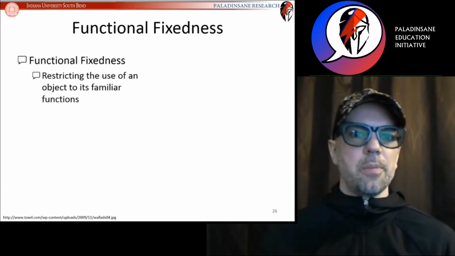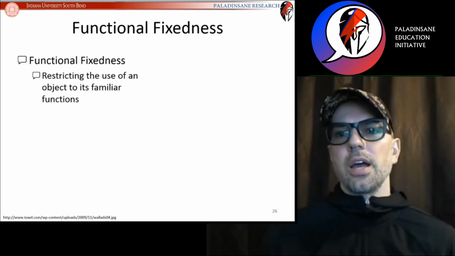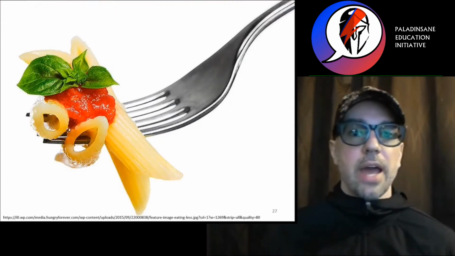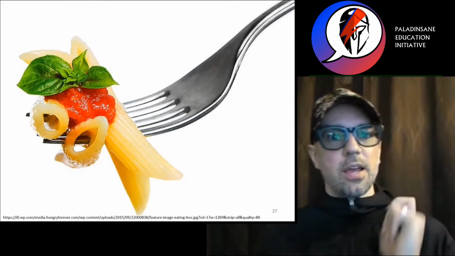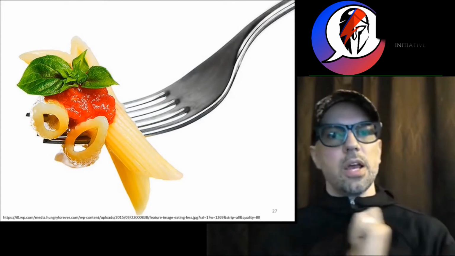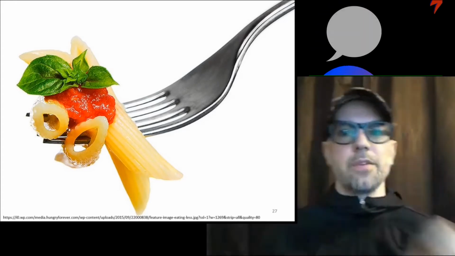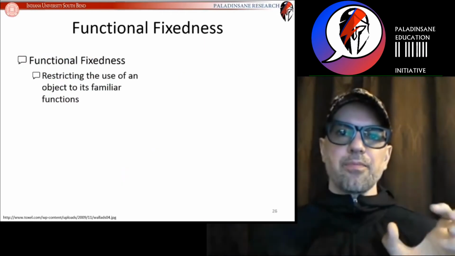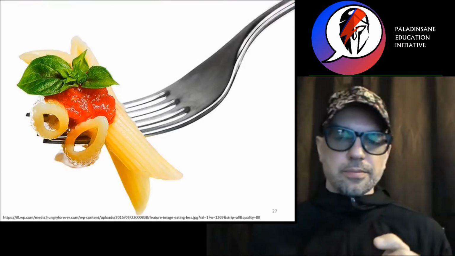So for example, the use of a fork is typically to eat food, right? That is functional fixedness. What do you use a fork for? You use it to eat food. What is a fork good for? It's good for eating food. How do we use a fork? We use it to eat food. That's restricting this fork to its